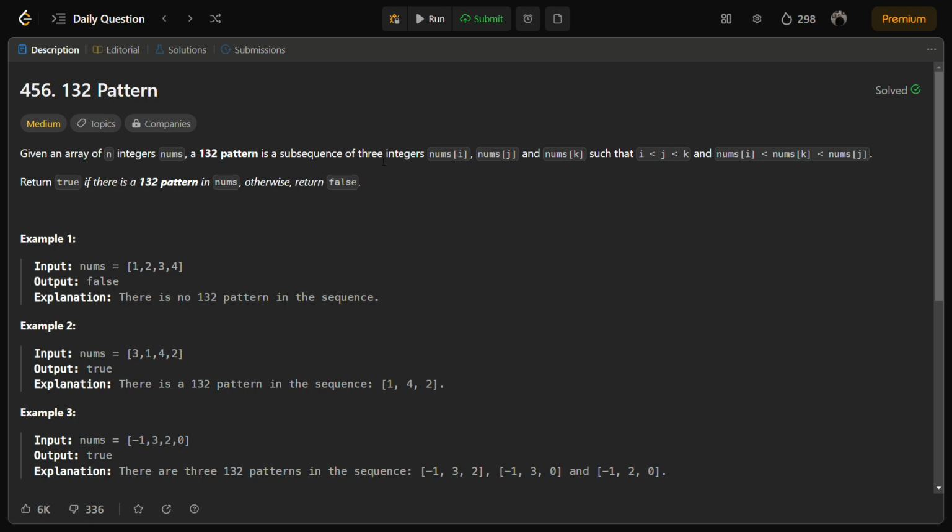We have to find some subsequence such that the jth index is the largest, then the third kth index is smaller than j, and the ith is the smallest. For example, you can see here, if we take this 1 as i, 4 as j, and 2 as k, then j is the largest, followed by k, and then by i. So the key observation for solving this problem is that we need to find a 132 pattern, and